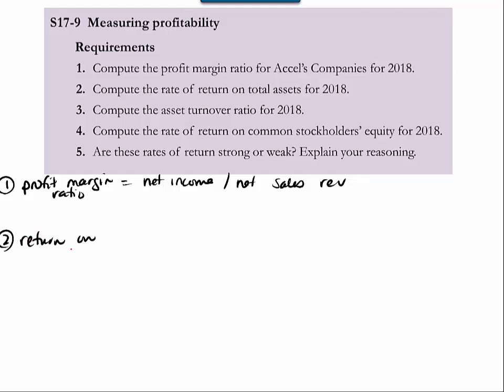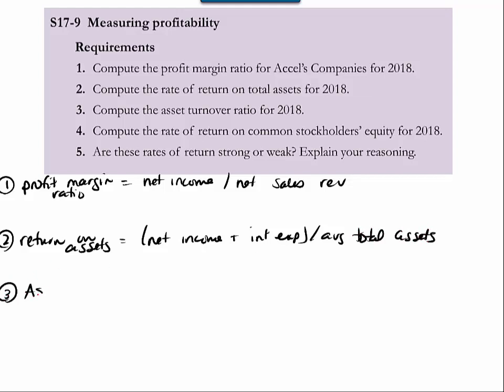return on assets is net income plus interest expense divided by average total assets. Number 3 is the asset turnover ratio, which is net sales divided by average total assets. And then number 4 is return on equity,